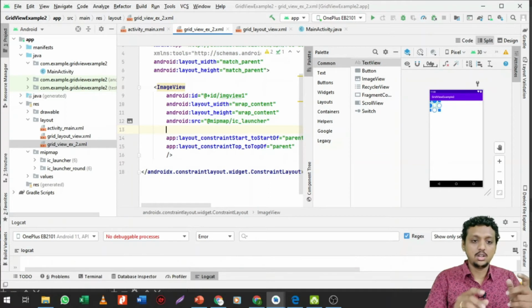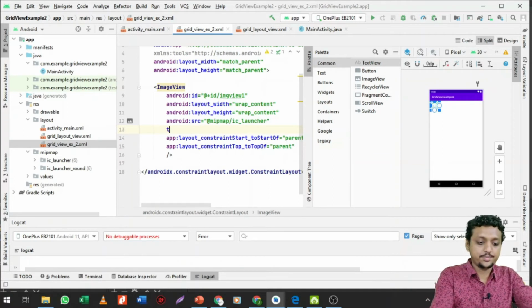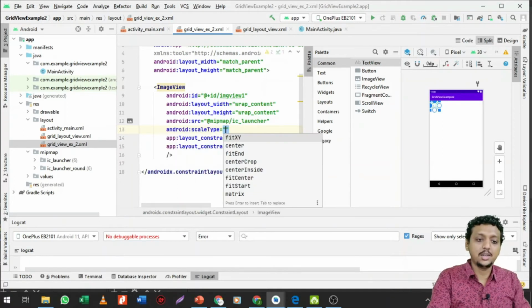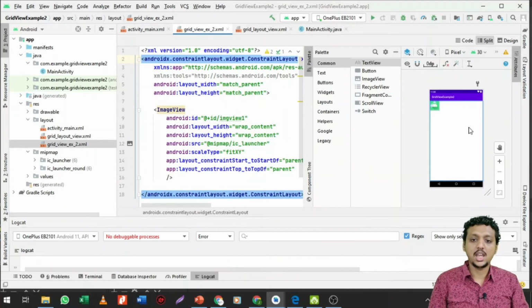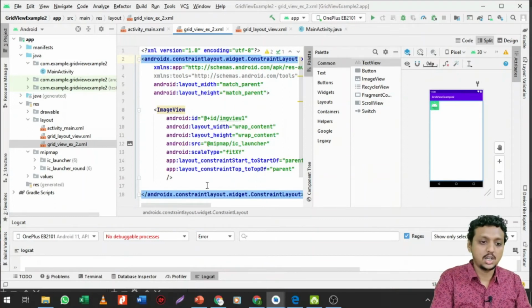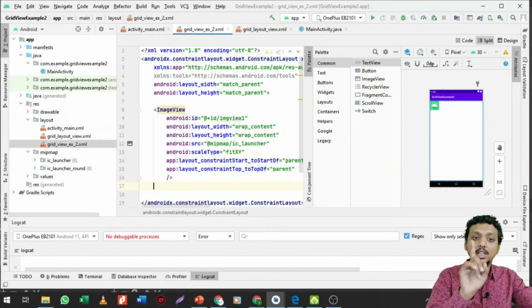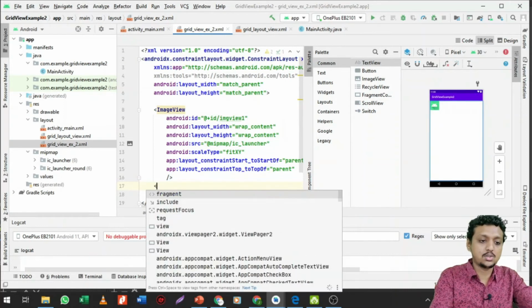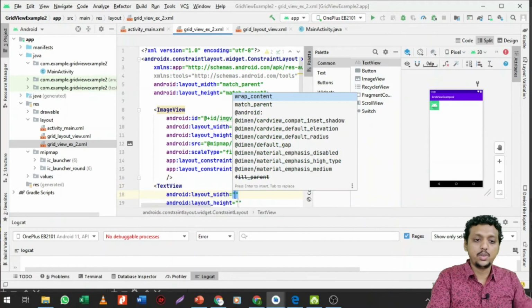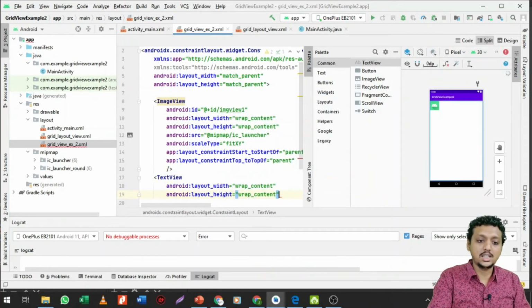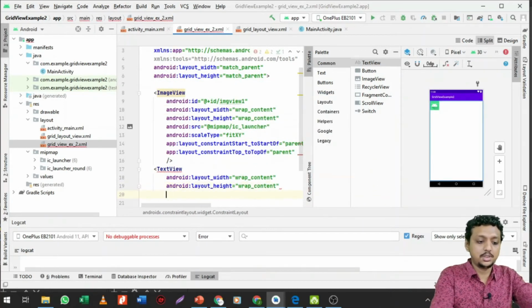Now, image scale type, I want as fit xy. Fine. So that's it for the image. I have just done with my image. Now if you want to set your text view as well, then you can also do that as a text view. Width is wrap content, height is wrap content. Keep the text as